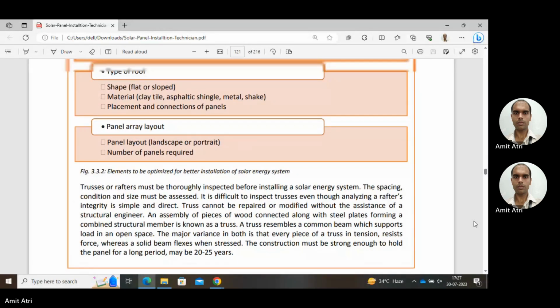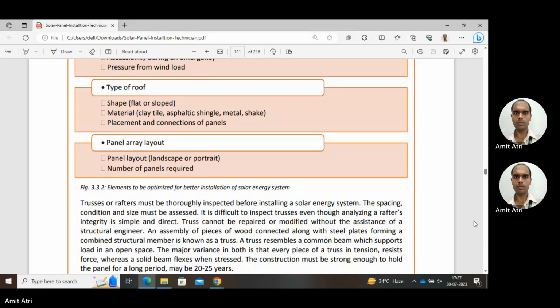Now, flat or slope, we can install panels on both. But the supporting structures won't be the same in both cases. They may differ, so we have to select. Next, material: clay tile,